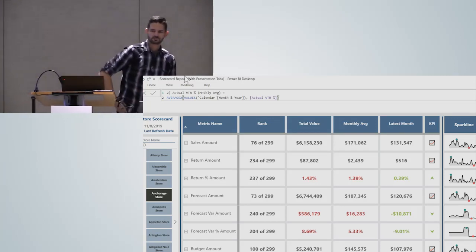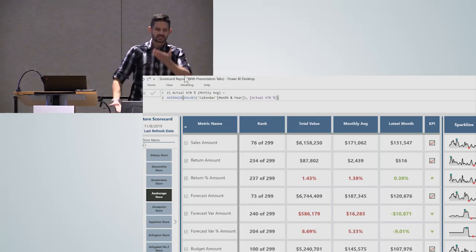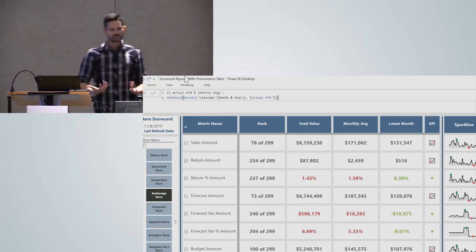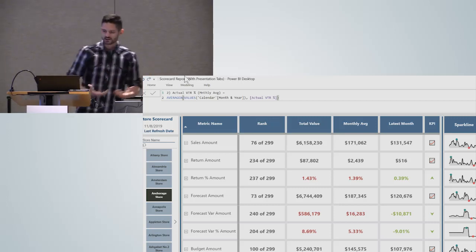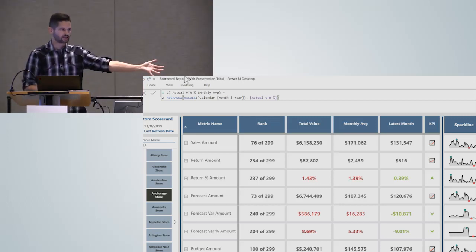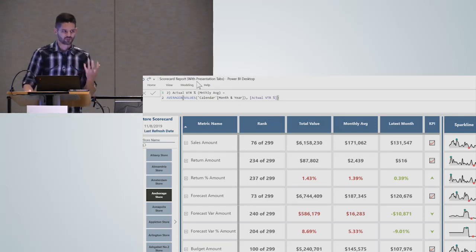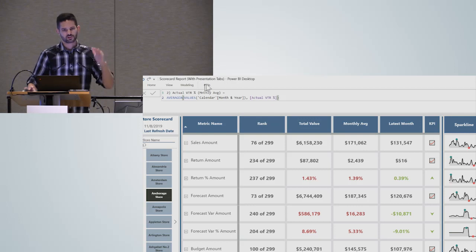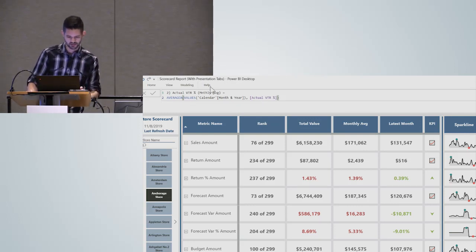They iterate over the table for specific calculations. Yeah, exactly. They are iterator functions that iterate over whatever row context you provide it. By default, if you just tell it to iterate over a table, it iterates over every row in that table. But you can also have it iterate over different levels. So you can basically roll up data, group it, and then do a calculation over top of that.